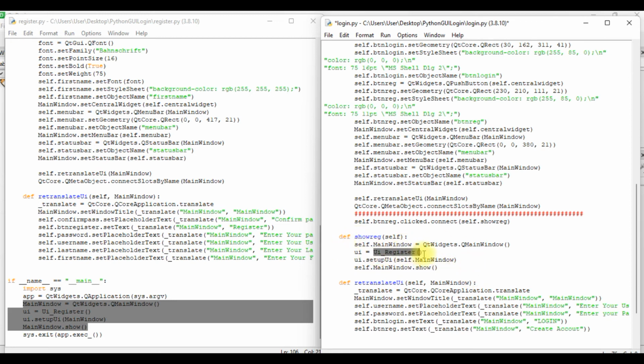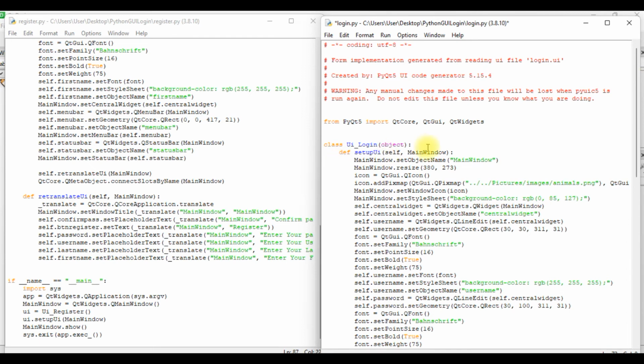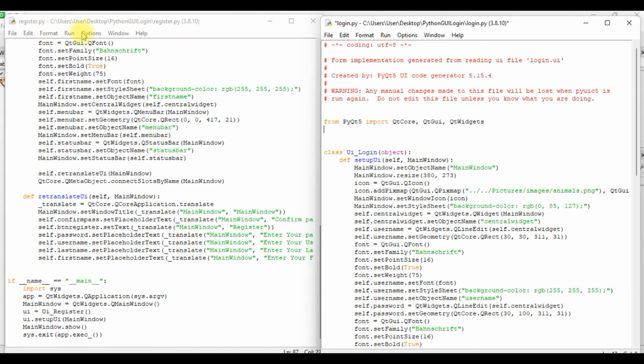But this class is coming from this place, which means we need to import the class from this file. That's how we import modules from one file to another in Python. What's the name of this file? It is register.py. So I will now say from register, which means I'm referring to this file, import what? Import the class UI register, and that's it. So if we run this now,